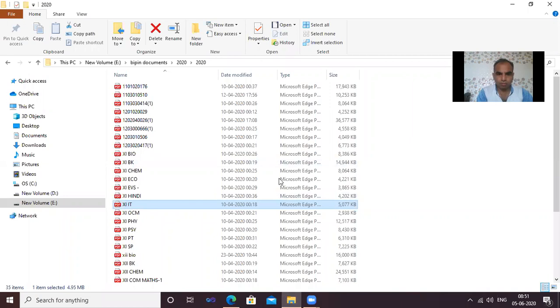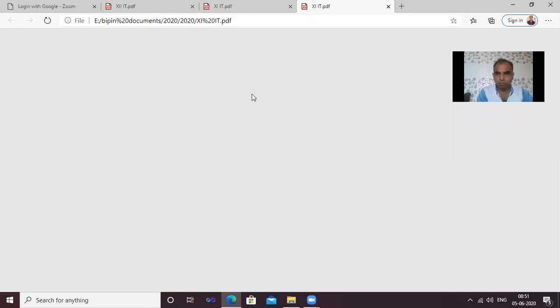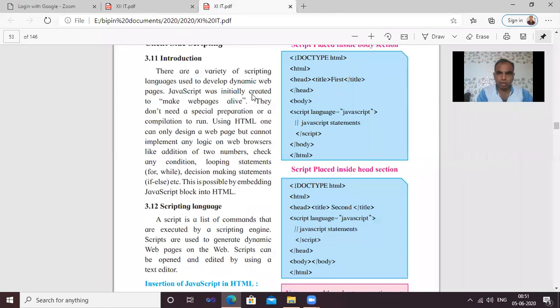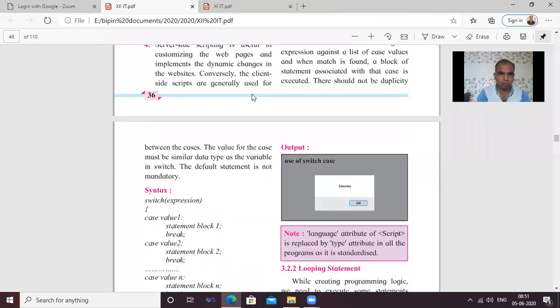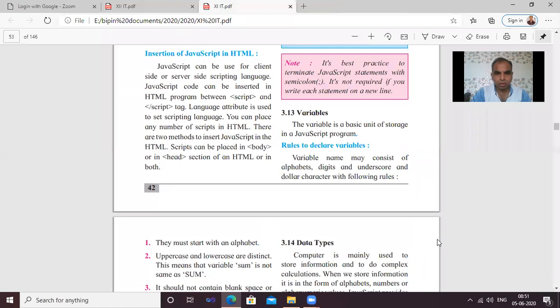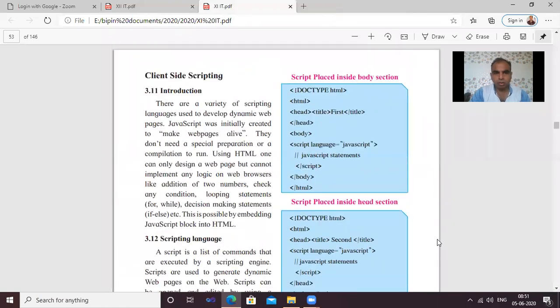First of all, see your 11th standard book, page number 42. We have already learned about JavaScript.